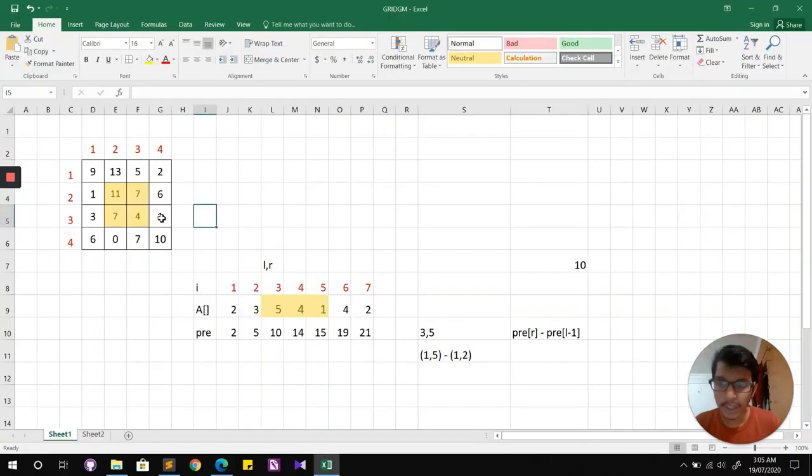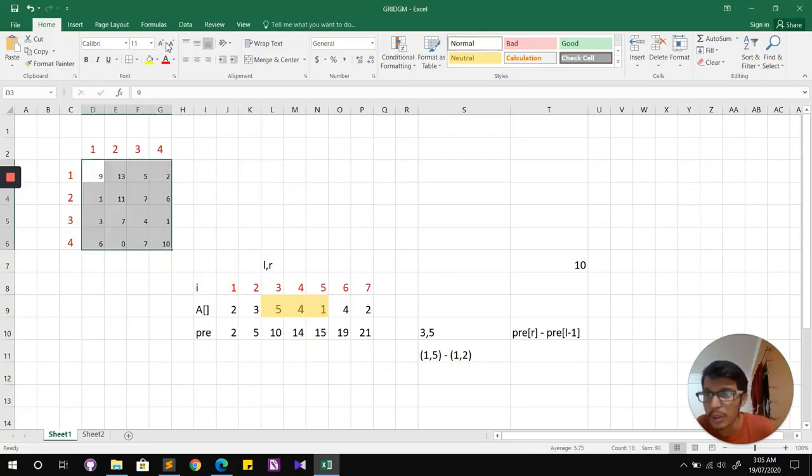So let's not worry about the complexity now. Let's worry about what we have to store for this 2D array. So we have to store something, right? Some kind of prefix array, or some kind of pre-computation, right? So what we can come up with here is, let me give you a hint, or let me help you here. So yeah.